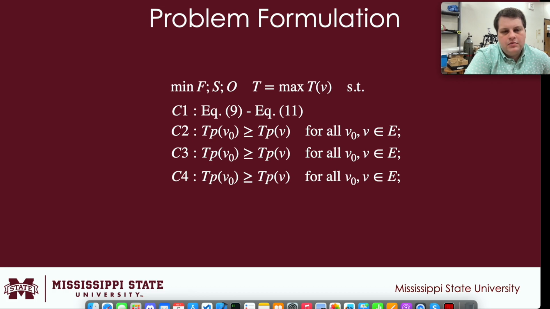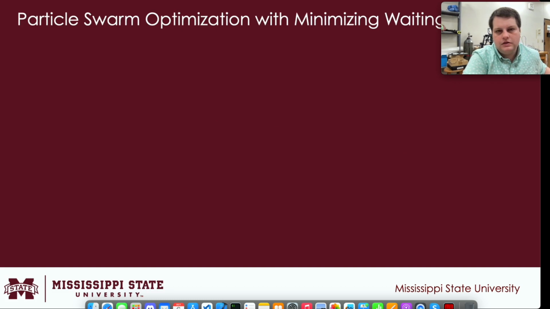This problem can be modeled as NP-hard complexity, where the optimization problem necessitates heuristic approaches. For DNNs with few layers, brute force algorithm does yield optimal solutions, but as the FL path grows, brute force complexity becomes very impractical. Thus, the main contribution of the paper is introduced, which is the particle swarm optimization with minimizing weighting algorithm.